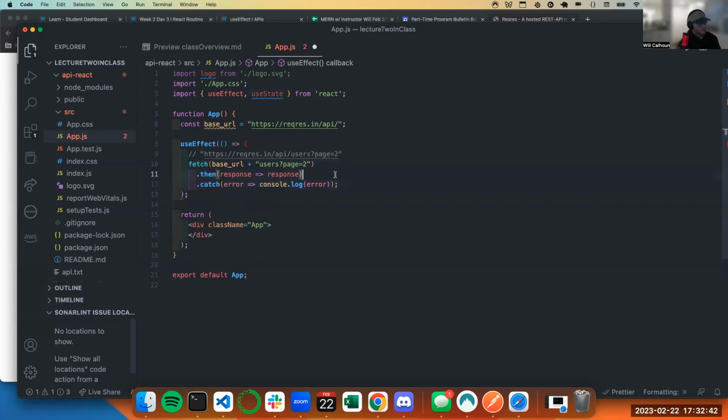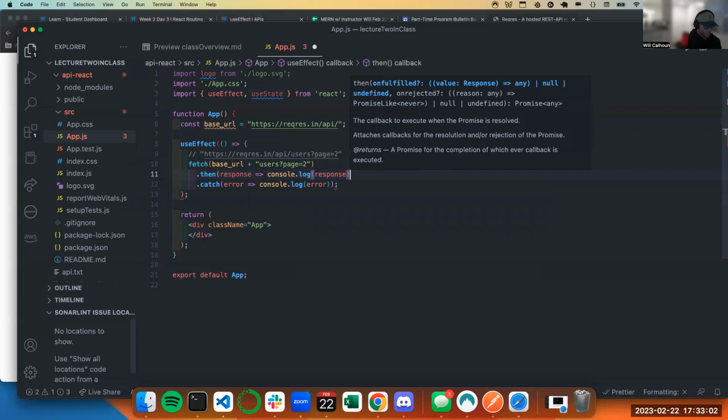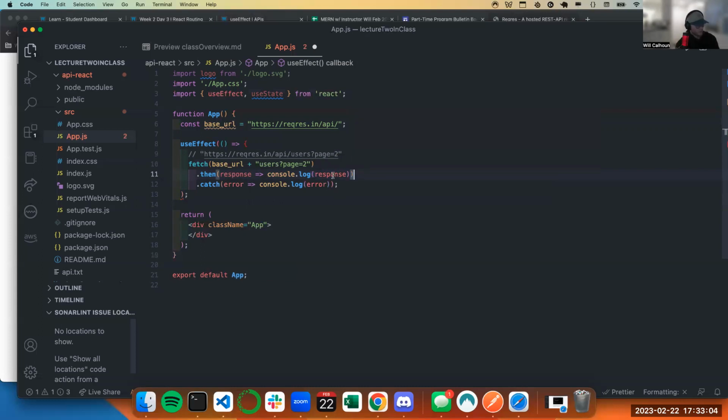Now what this is doing is if our request is good, meaning that everything works, we're good to go, then I want to take the response, which is just what we're getting back. We can call this unicorn if we wanted. And then here I'm going to console.log. Perfect. So I just want a console log response. If there's an error, meaning that we are trying to request something that does not work, then that's what this catch is for.